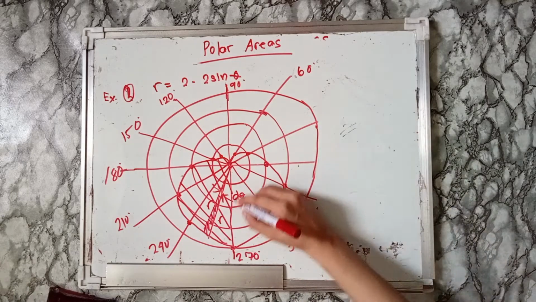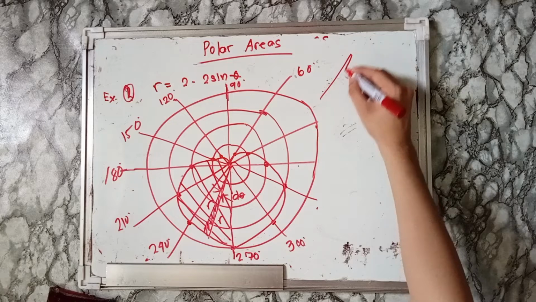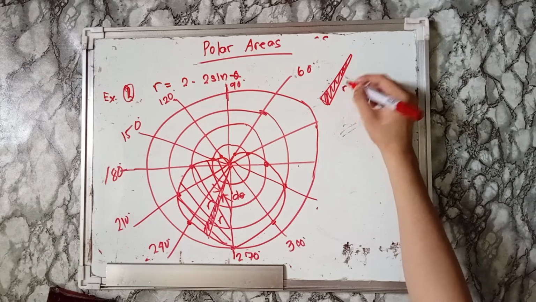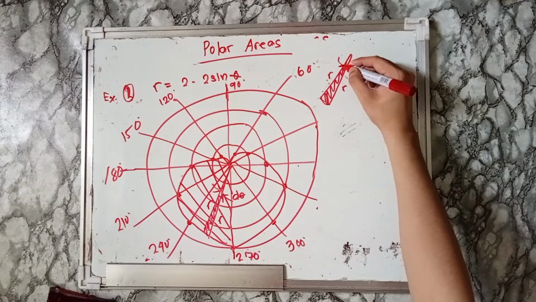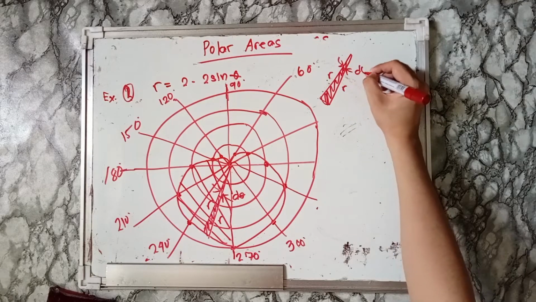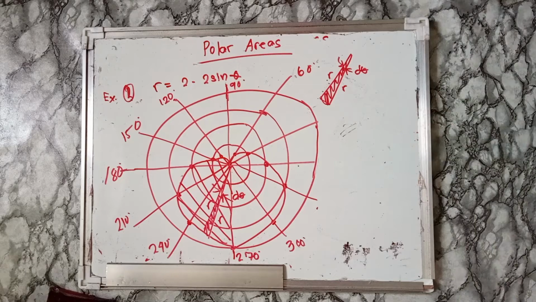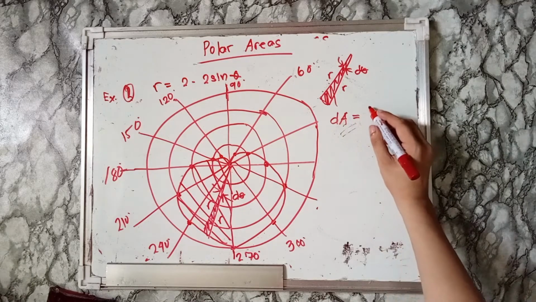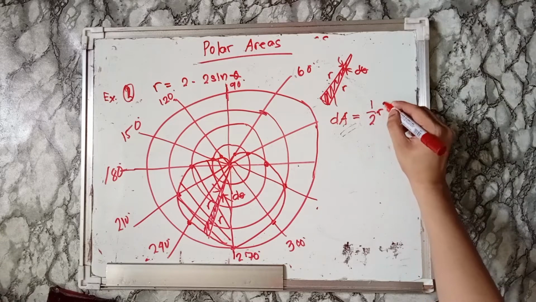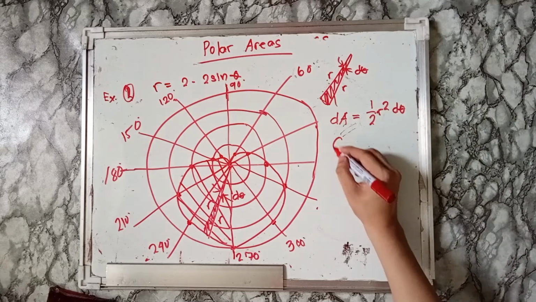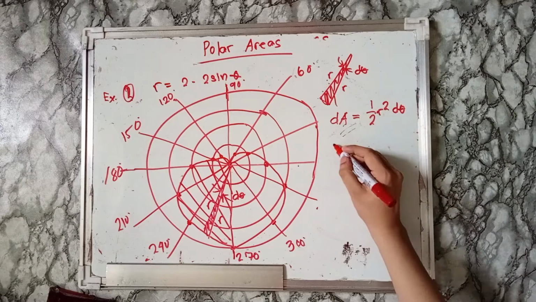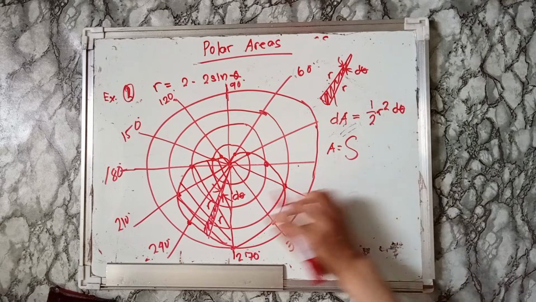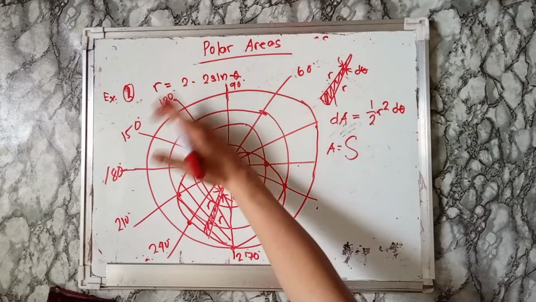Now let me draw this. It should look something like this. So this is r, and this is d theta, right? Now the differential area is equal to 1/2 r squared d theta, right? Now if we integrate both sides, this is just the integral of